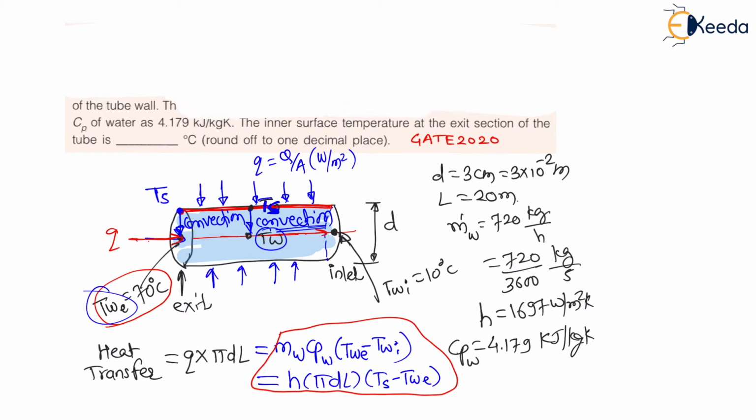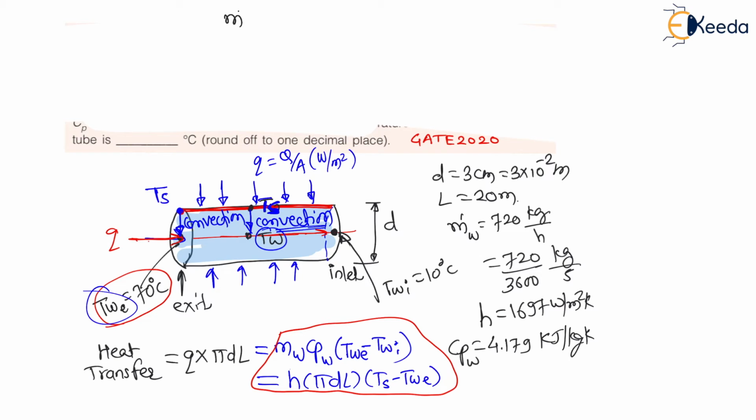Now if I equate the second and third equations, the equation is: mass flow rate of water into Cp of water into temperature of water at exit minus temperature of water at inlet is equal to H into pi dl into temperature of surface minus temperature of water at exit, right? Therefore mass flow rate is